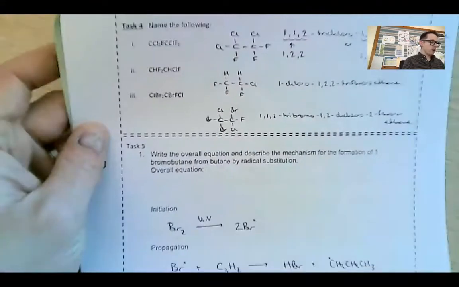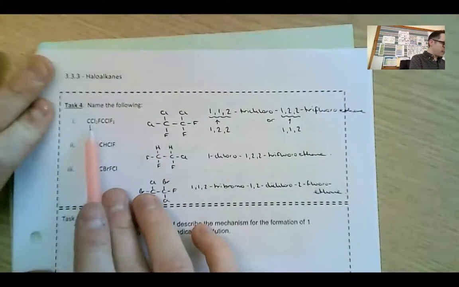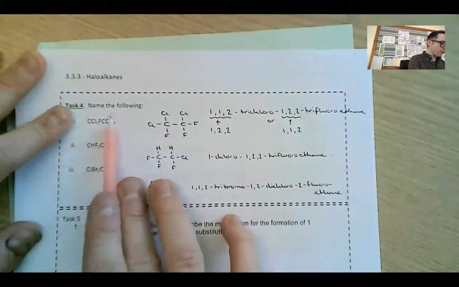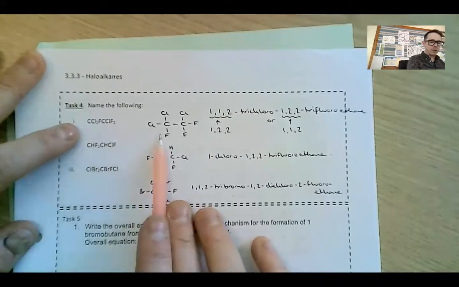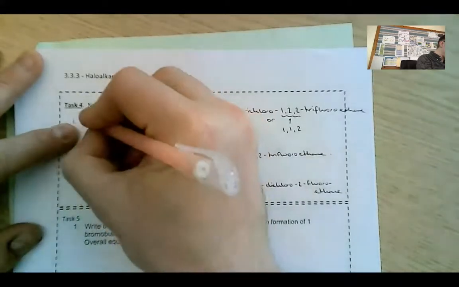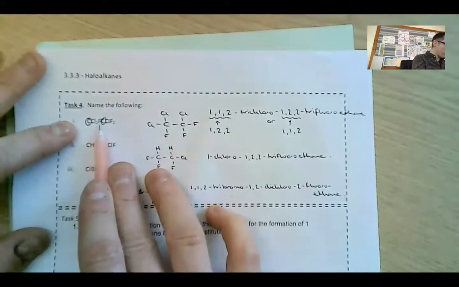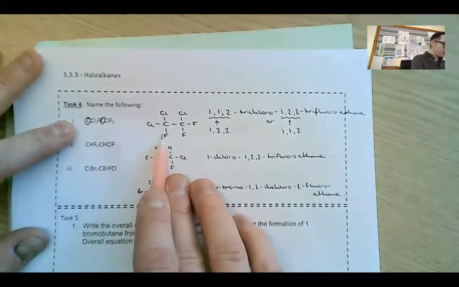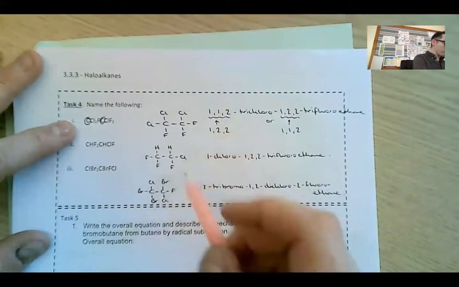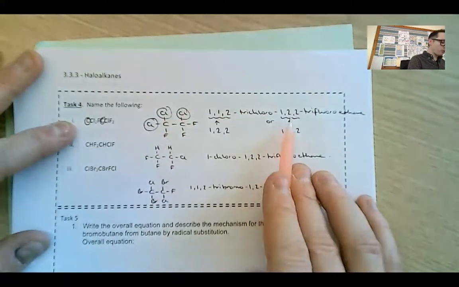Okay, moving on. Just a bit of nomenclature. So we've got CCl2F, CClF2. I would find when you've got a formula like that, it's always much easier to draw it out in either a skeletal or a display formula way. So essentially we've got 2 carbons in this molecule. So there's our 2 carbons. We've got 2 chlorines and a fluorine on the first one. So 2 chlorines and a fluorine. We've got 2 fluorines and a chlorine on the second one. So I'm going to call this 1,1,2-trichloro because we've got a chlorine on 1 and 1 and 2. And then 1,2,2-trifluoro,